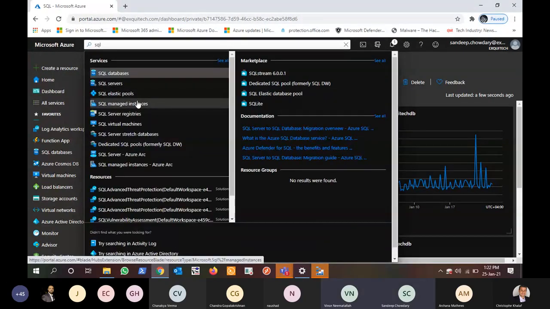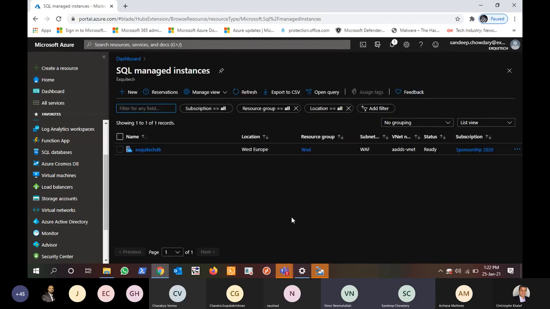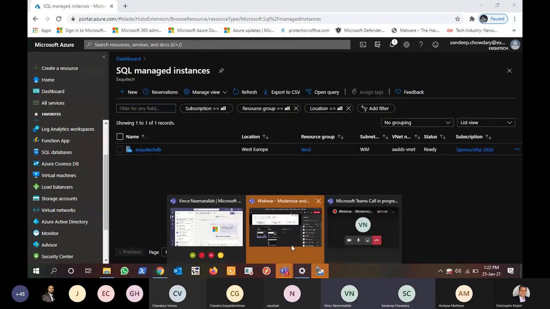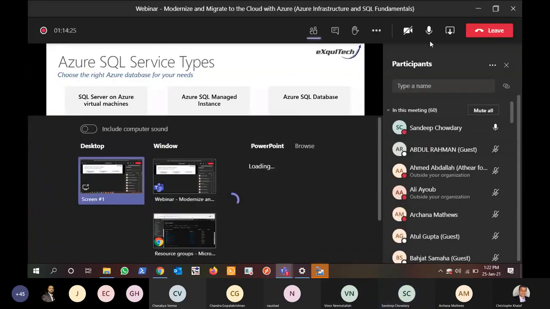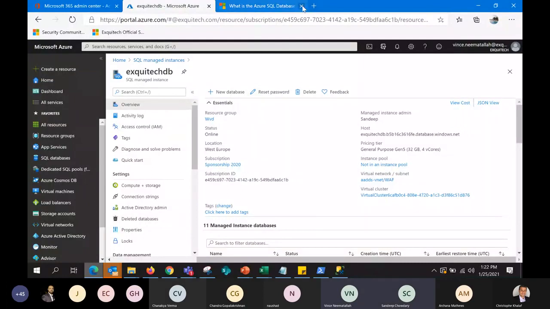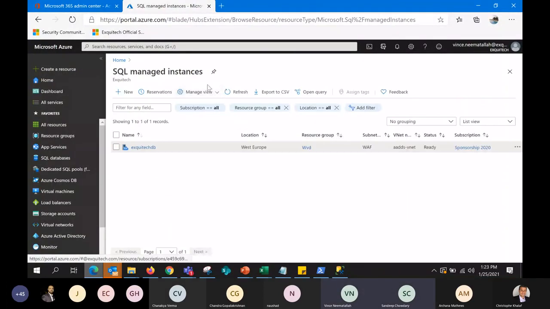Yes, let me share my screen to give an overview about Azure SQL Managed Instance. So I think everyone can see my screen now. Yes. Here I'll go through SQL Managed Instance, give you a fast overview and show you some benefits of